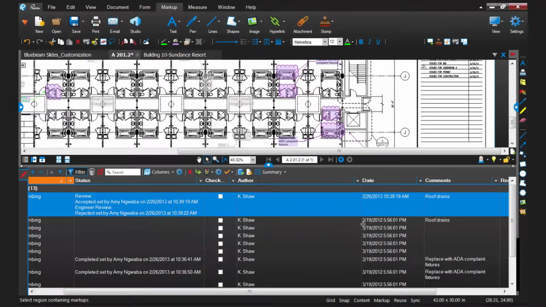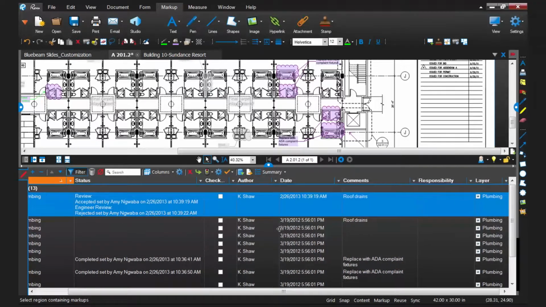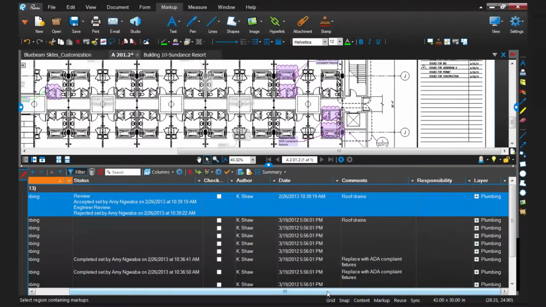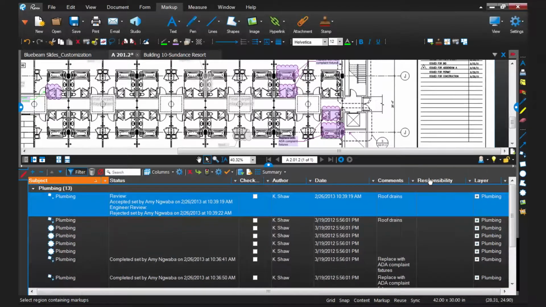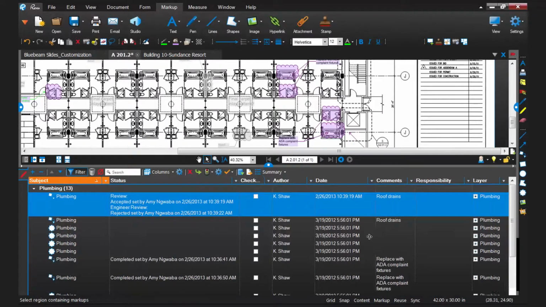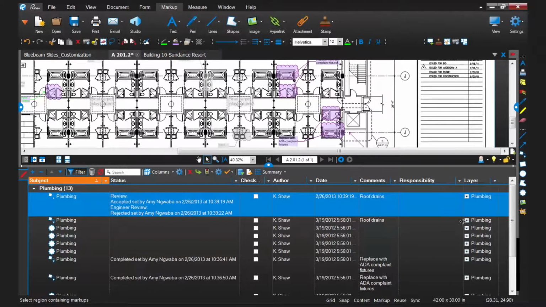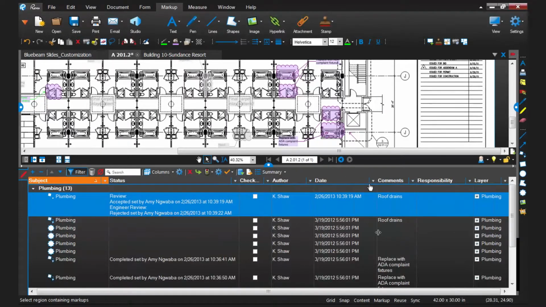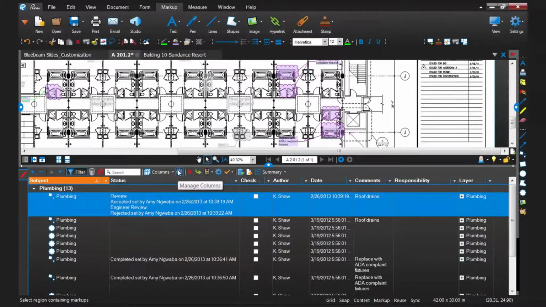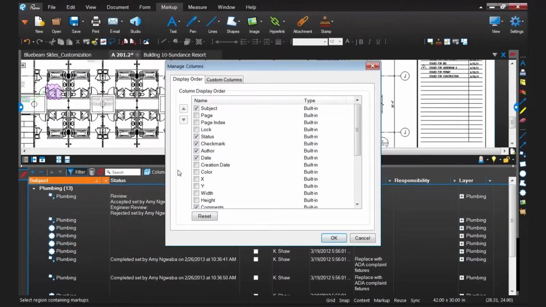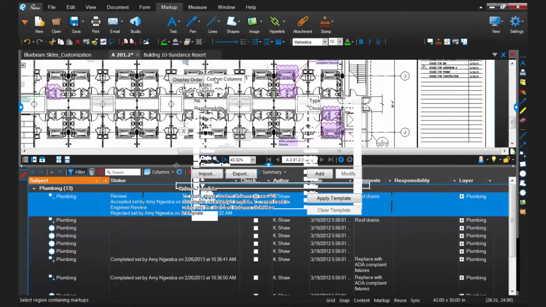So I wanted to show you our custom columns. And the custom columns, I go into this in a lot more depth when we did our webinar specifically on the markups list, and I'll show you where that recording is at the end of today's training. But the responsibility column here is actually a custom column that I set up. So this didn't come pre-set up within Revu. But you can access custom columns by clicking on the Manage Columns dialog, and then click on the Custom Columns